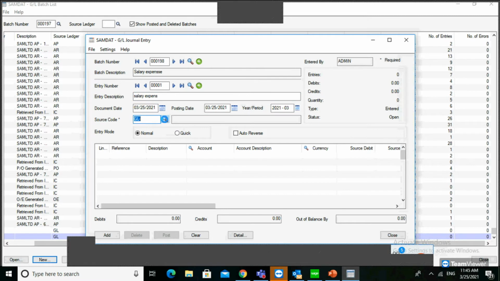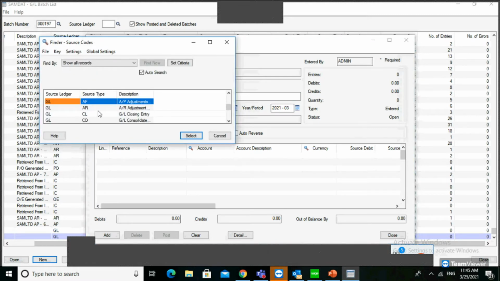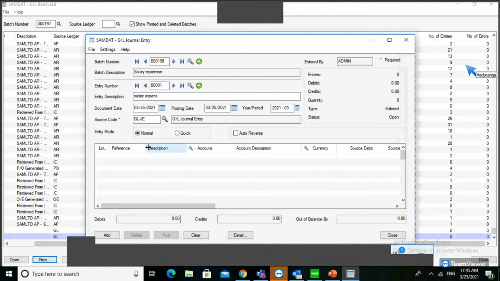Here you can define the journal entry. And here you can see different types: normal and quick. What is the difference between normal and quick? When you are entering the entries, I am putting quick here.